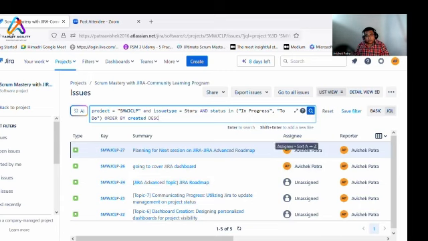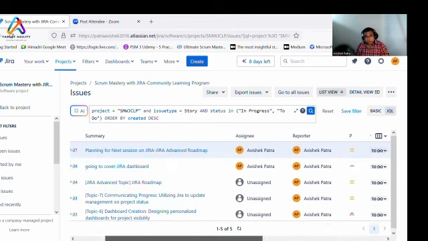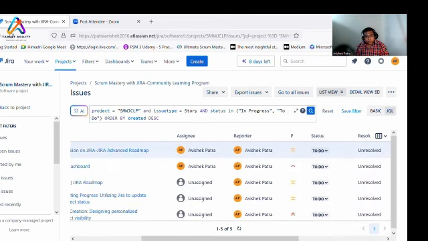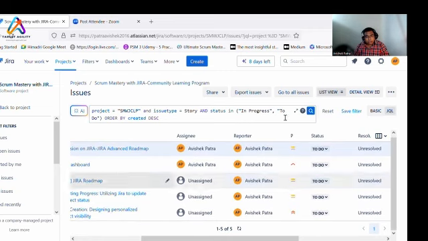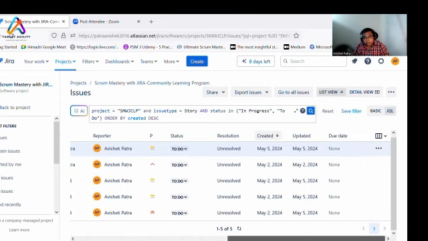Here you will see, go to the right side, you will see the status: to do, in progress, to do, and then you will see all the data.